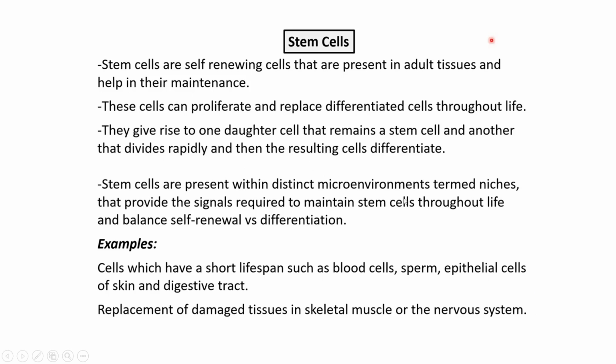In that environment only the stem cell will be there. In other parts, if the transcription factors are not present, the stem cell will not be present. For example, the cells which have a short lifespan, such as blood cells, sperm, epithelial cells,